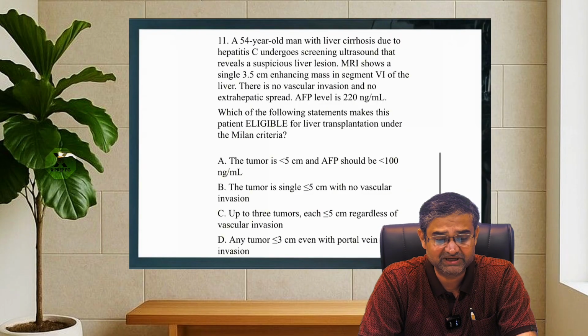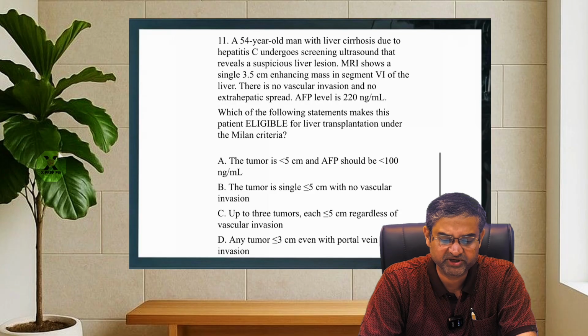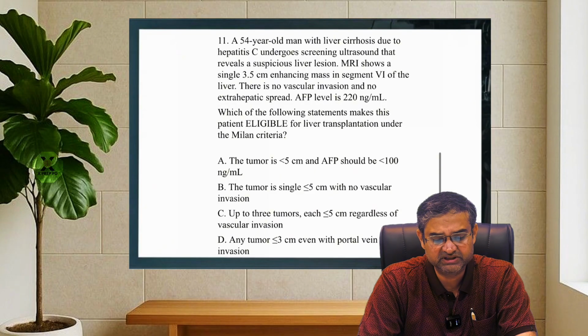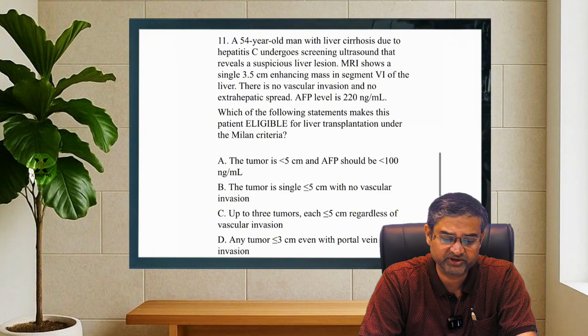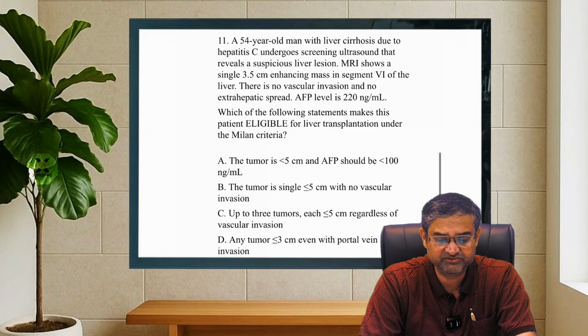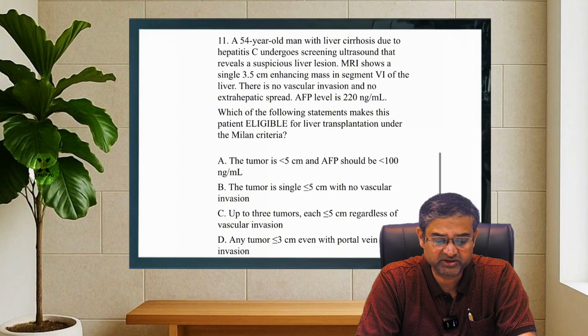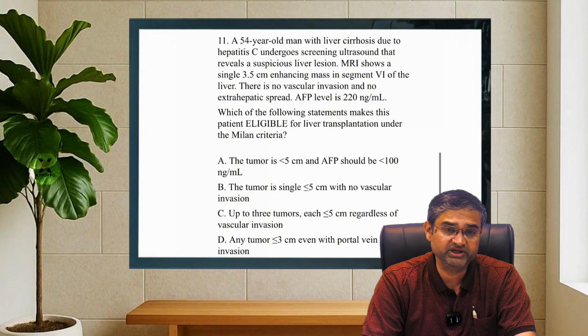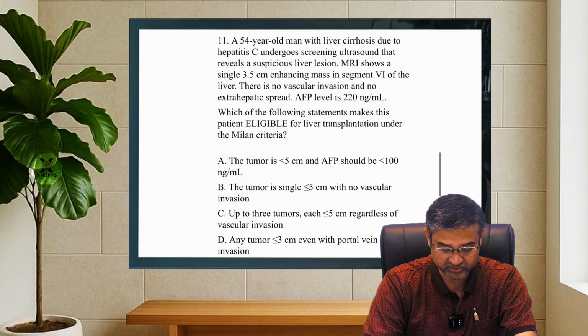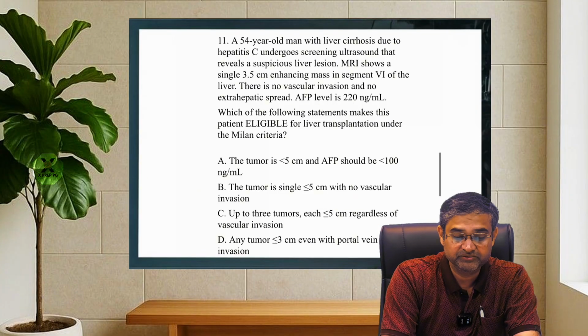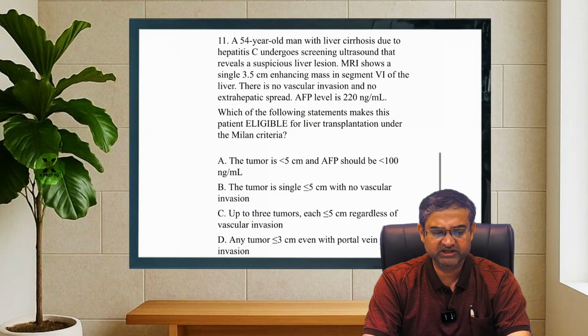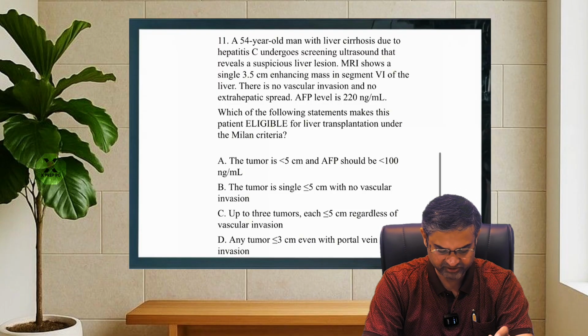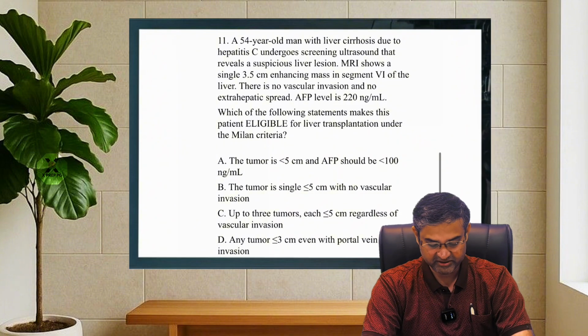Option A is tumor less than 5 centimeter, AFP less than 100 nanogram per ml. Option B is tumor single, less than or equal to 5 centimeter with no vascular invasion. Option C is up to 3 tumors each less than or equal to 5 centimeter regardless of vascular invasion, and any tumor less than or equal to 3 centimeter even with portal vein invasion. So the answer for this question is B, that is tumor single, less than or equal to 5 centimeter with no vascular invasion. So the Milan criteria